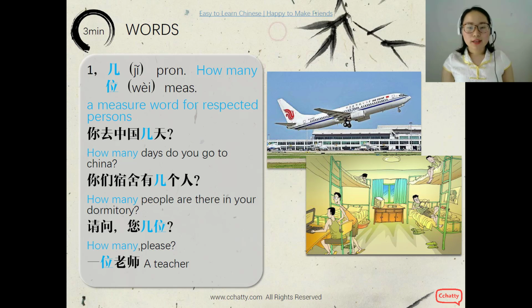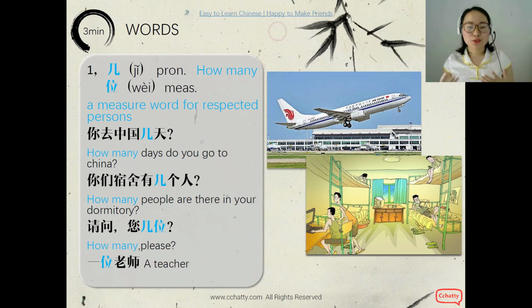And how many people are there in your dormitory? 你们宿舍有几个人？So read again. 你们宿舍有几个人？And the third sentence, how many please? This sentence is actually used in a hotel or restaurant. 请问您几位？